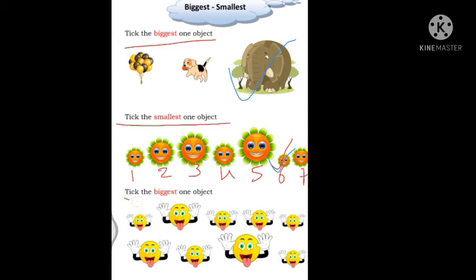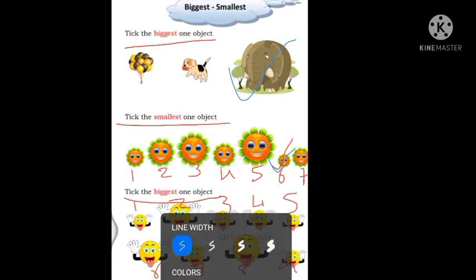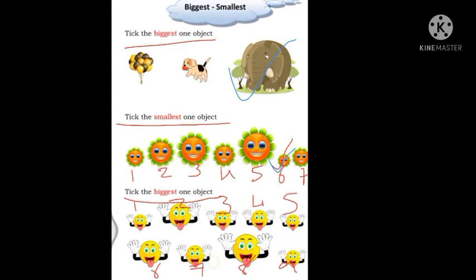Now here tick the biggest one objects. Here the different emojis given. We have to find out the objects which is biggest in a size. So here I am showing you number 1, 2, 3, 4, 5. Then 6, 7, 8 and 9. Now among these 9 emojis we have to take which is biggest, which is big in a size. So you can easily see which emoji is the biggest. This one number 8 one है ना, ये वाली सबसे big है in a size. So that means we have to tick that emoji. Is that clear everyone? Concept of biggest and smallest.